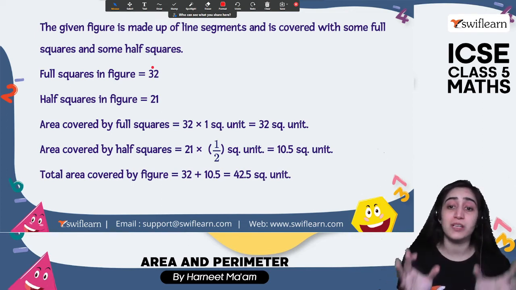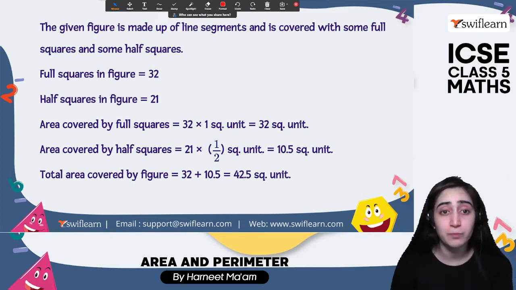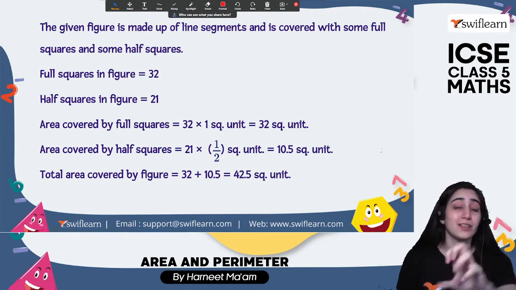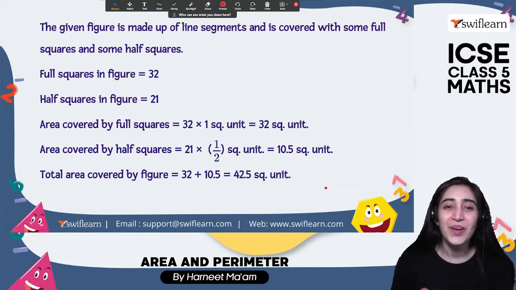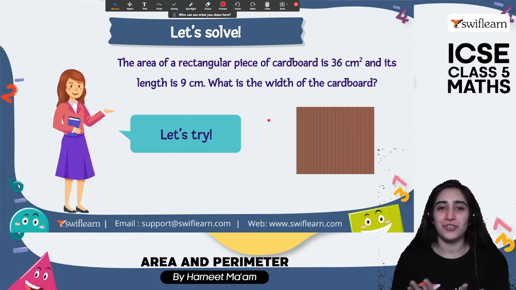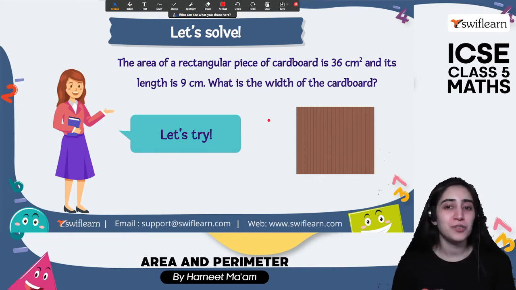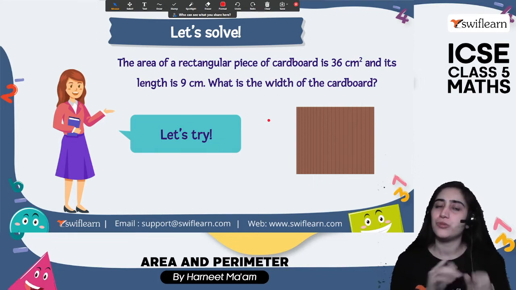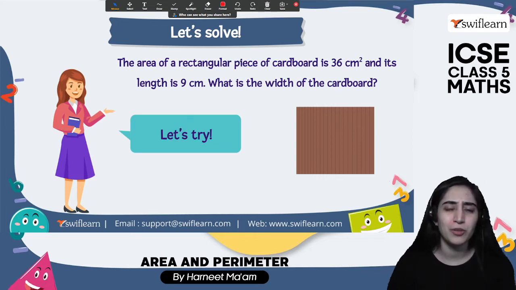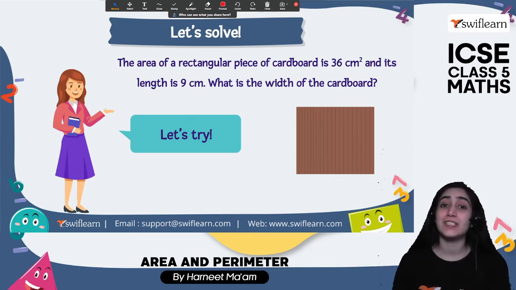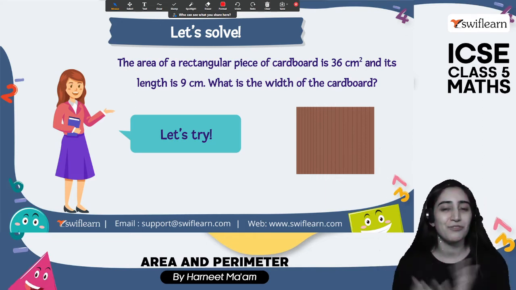It's just an estimate; this should be the exact close-by area, which is required because we're taking the half of a square. All right, so let's solve this question. Each and every one, we were able to do the irregular shapes. Now you can try and draw any of the irregular shapes on a graph and find out the squares inside, and you will get to know the area which it is covering.